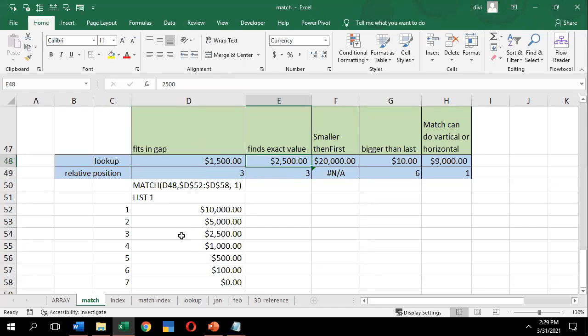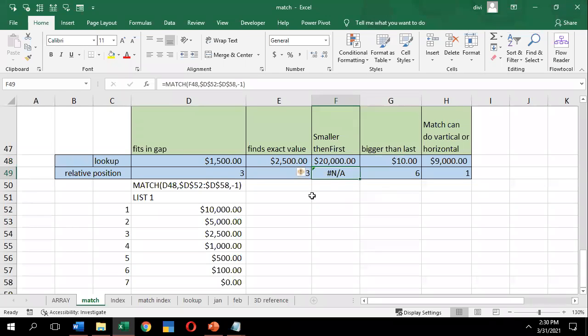As it is 2500, the same, it shows third place. So why am I getting NA for 20,000? Or you can answer why I'm getting 10 as sixth place. It cannot find a reference value.